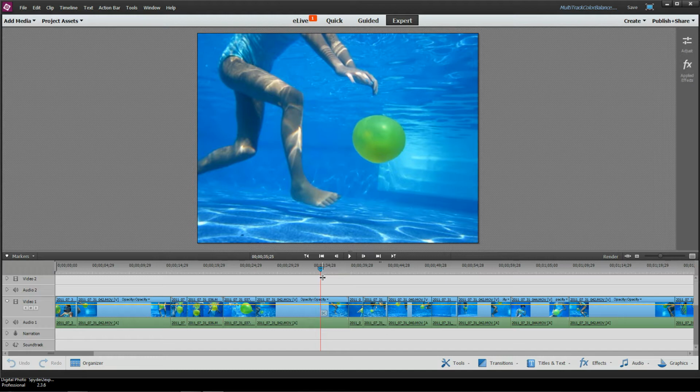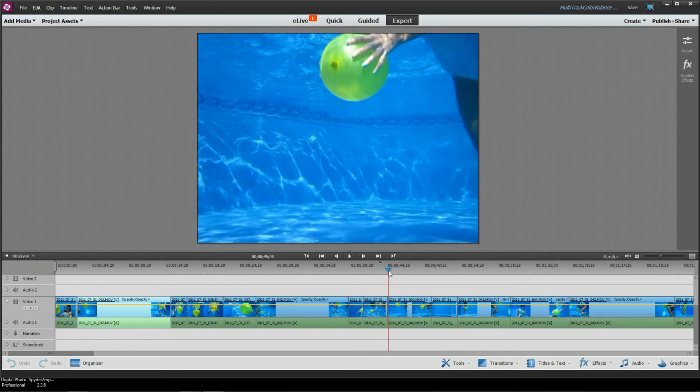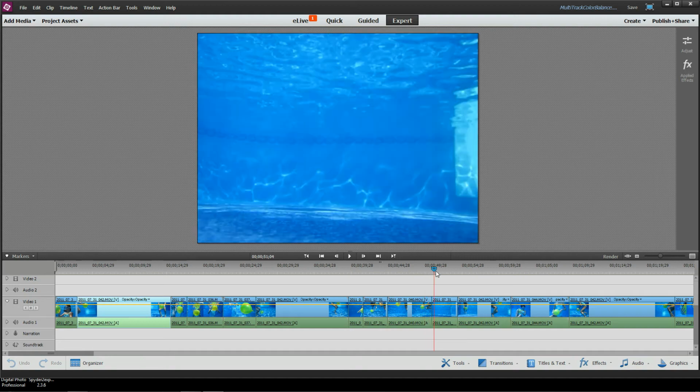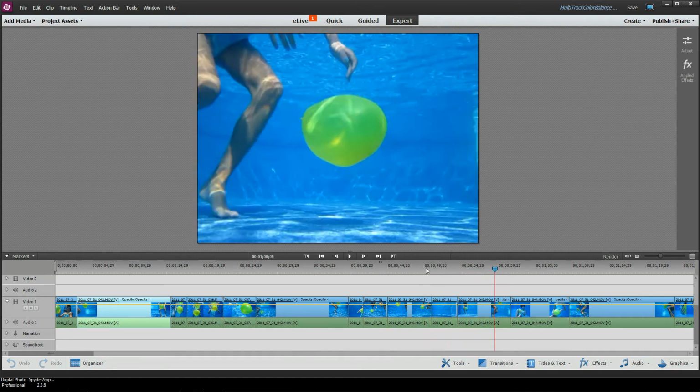But the one thing I am not going to do is go to every single one of these clips and add some setting to fix the color balance. I'd like to apply it to the entire video, because generally the color balance is pretty close to being off by the same amount on all of these different video clips. So here's how you do it.